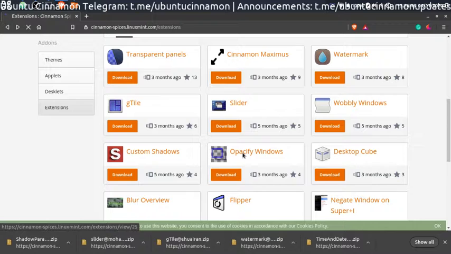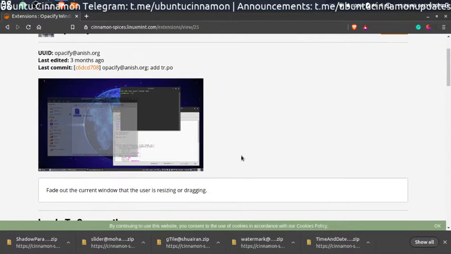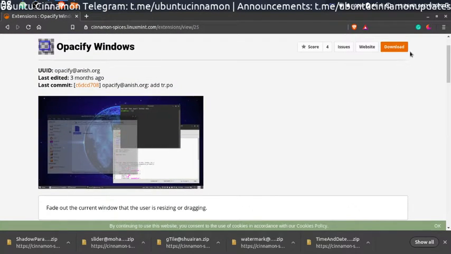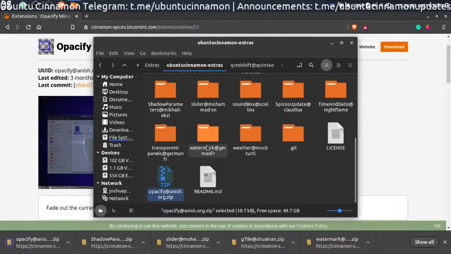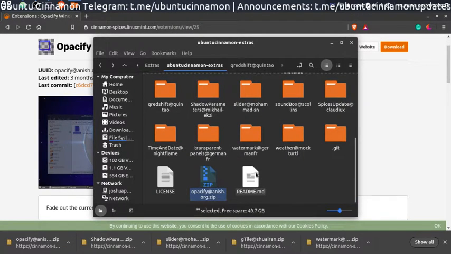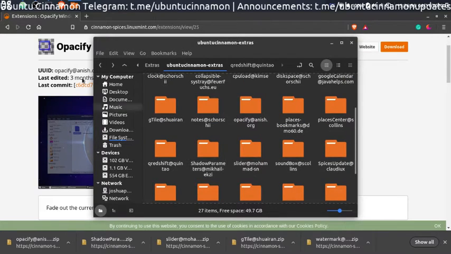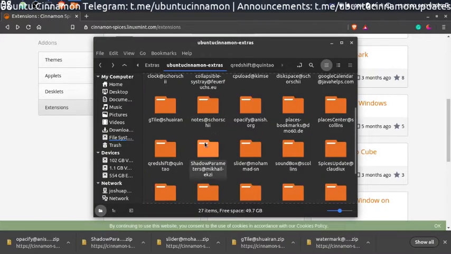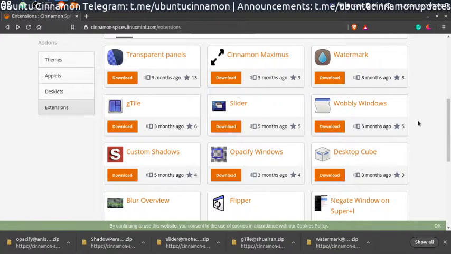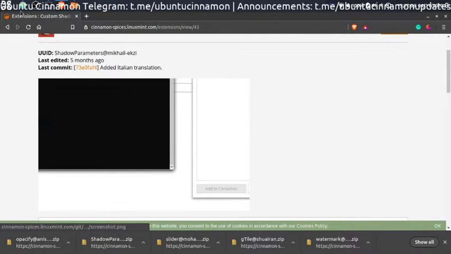Give him opacify windows a little. Oh, okay. We can also do that, I guess. Create shadow. But just one is enough. So goodbye shadow parameters. I feel like I need it for that, but